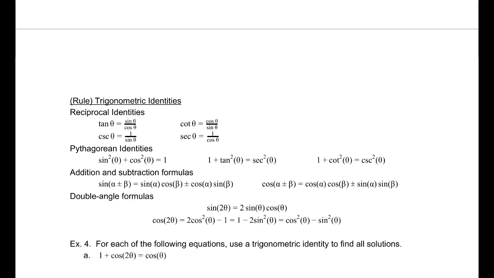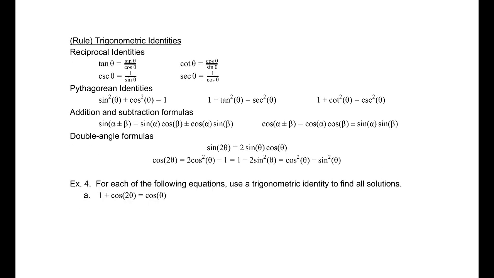Next, we have several trig identities. There are the reciprocal identities, which are actually based on the definitions of sine, cosine, tangent. Then we have the Pythagorean identities. Sine squared theta plus cosine squared theta equals 1. All the rest can actually be derived from there. The addition and subtraction